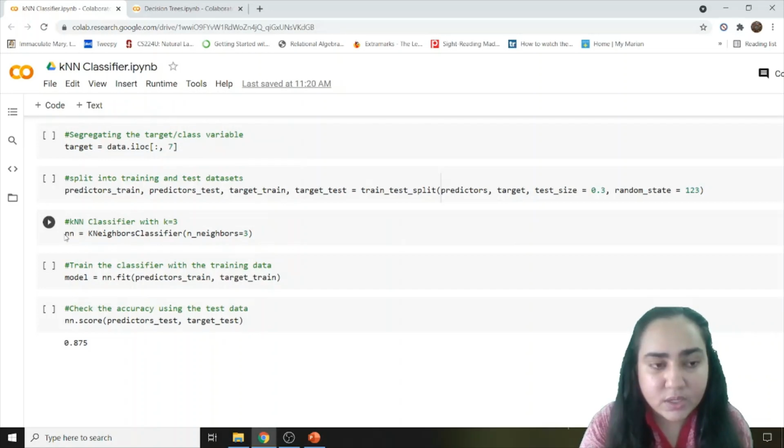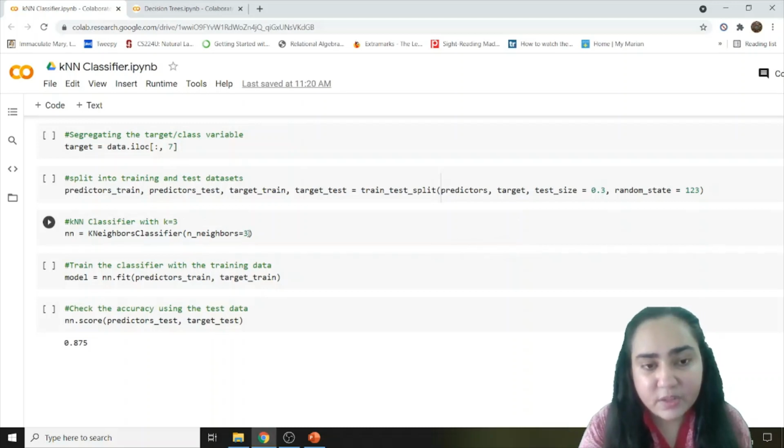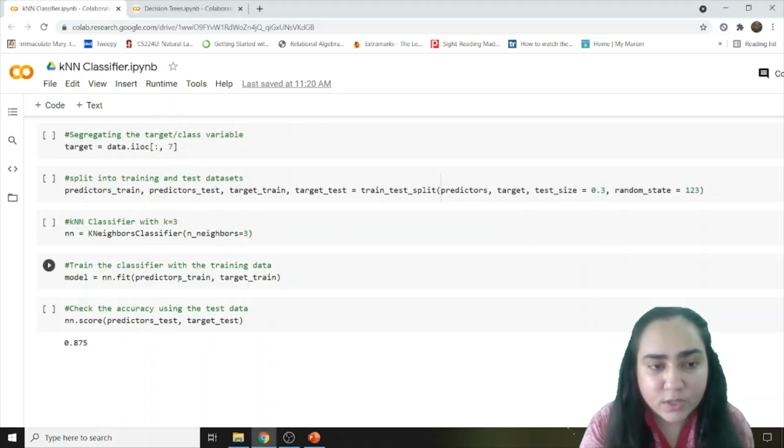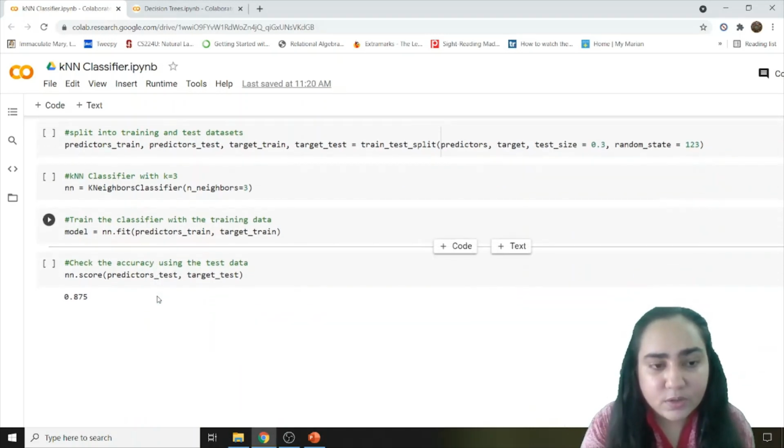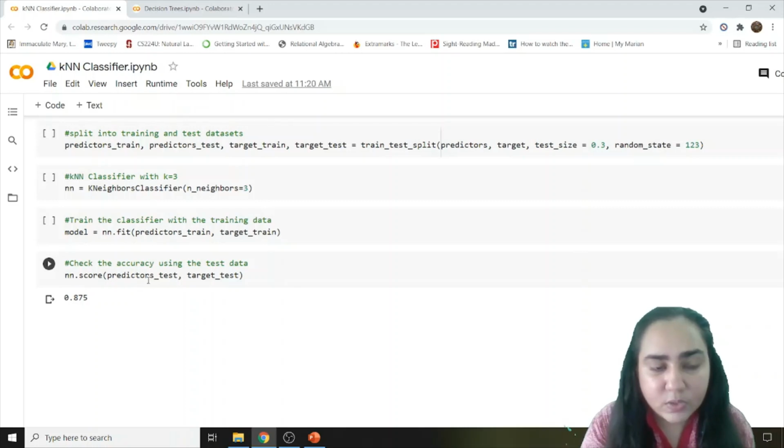And now I'm creating an object called NN for the KNeighborsClassifier. And here you will specify the value of k. I want the value of my k to be 3. And then I'm going to train the model using the predictors train and the target train data, which is given here. So I'll just use the .fit function. Once the model is ready, I can perform my predictions by using the predictors test and target test.